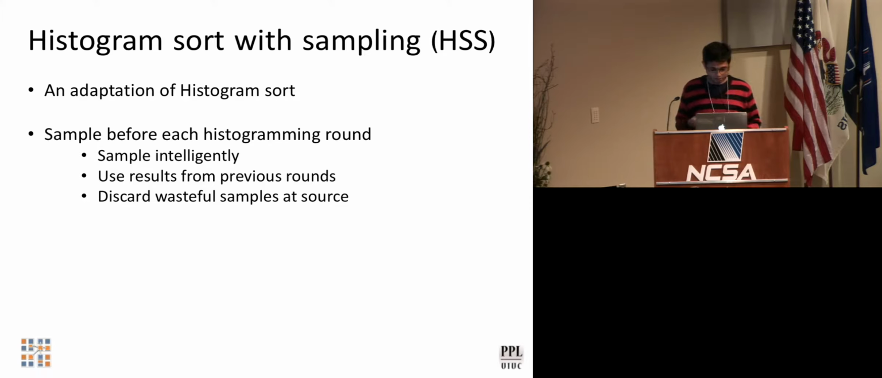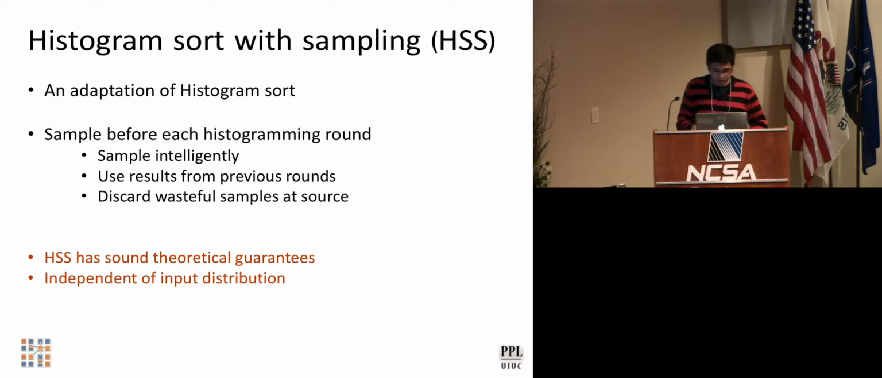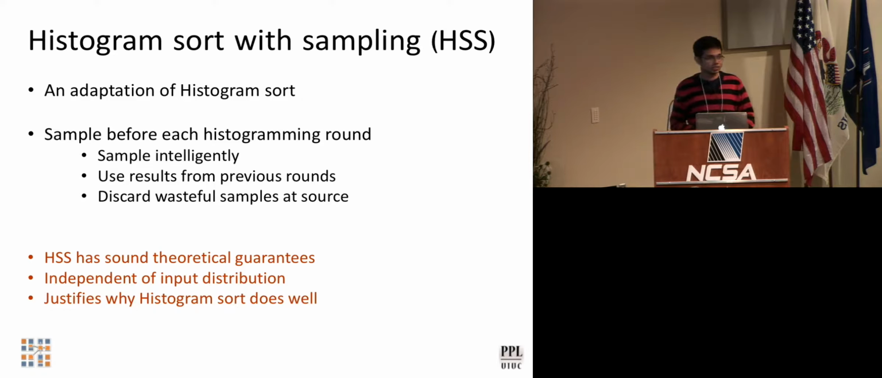So that's intelligent sampling, and we will show that HSS, histogram sort with sampling, has very sound theoretical guarantees. Those guarantees are independent of input distribution. So it will run on anything with the same guarantee, and in a way it also justifies why